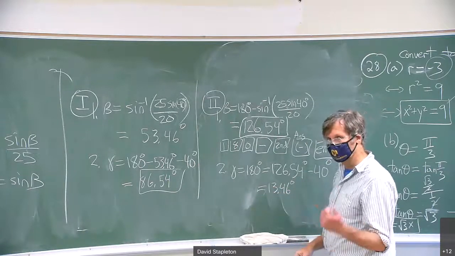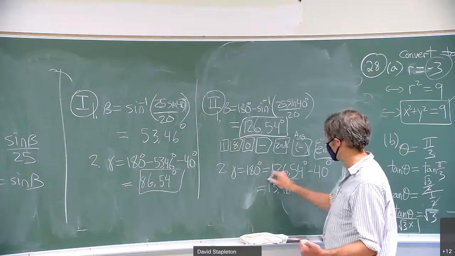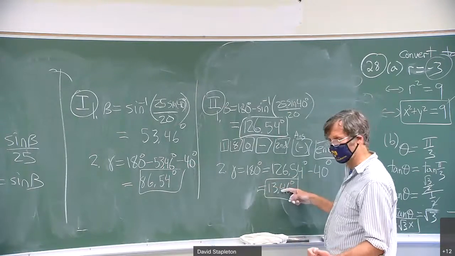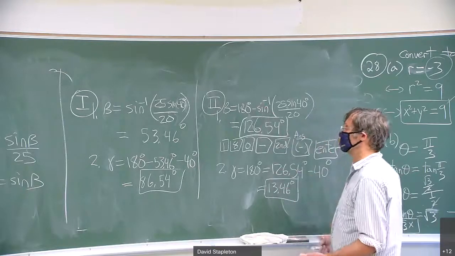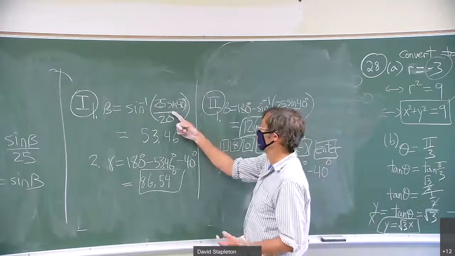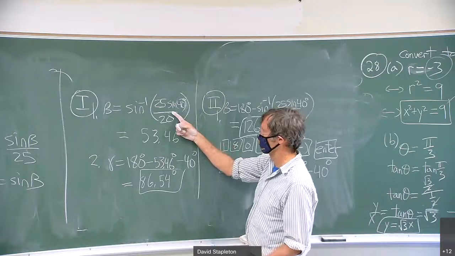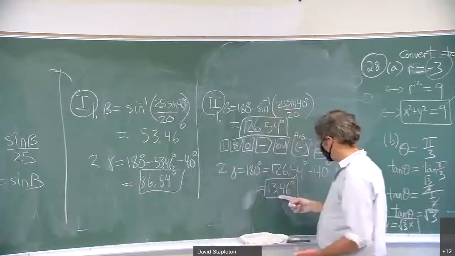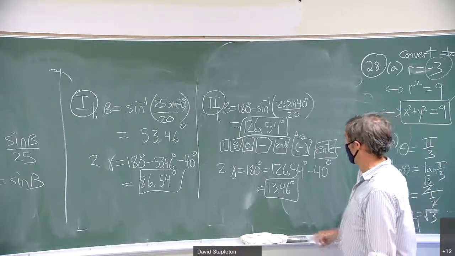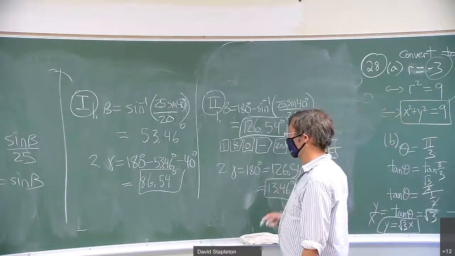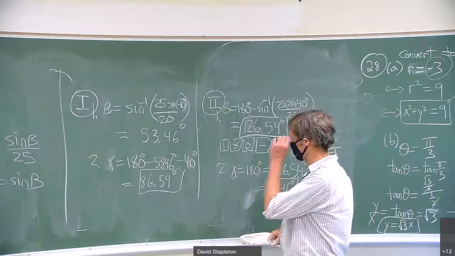Now, if there's only one triangle that solves, what you'll find is this will come out to be negative. If this angle comes out to be negative, then you know there isn't a second solution. You throw this one out. So it's pretty easy. If when you take the arc sine, you get a domain error, there's no solutions. If when you go to calculate one of these angles, it comes out negative, there's only one solution. Right? Now, since I got a non-zero angle here, I know there actually are two triangles this time, and I